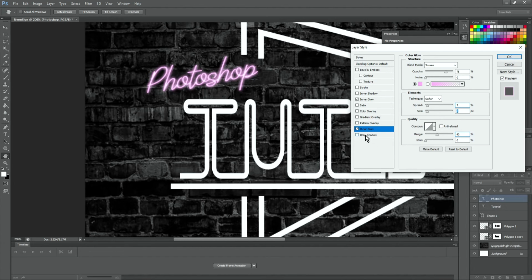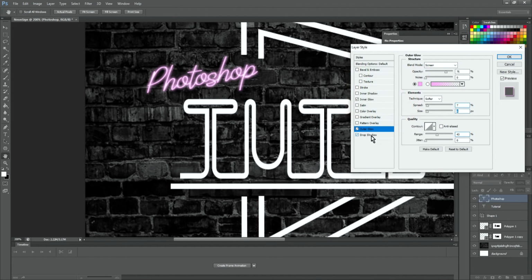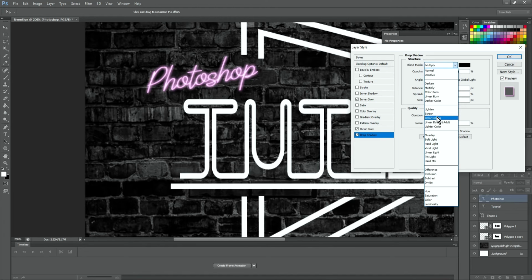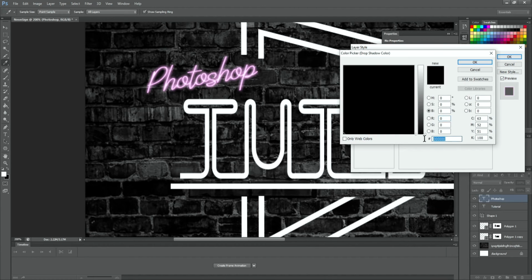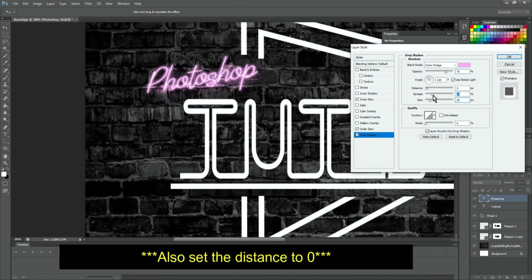So once you've done that, you can go over to drop shadow, and you can do one or two things. You can just have a basic shadow, so the shadow drops onto the texture or the background you have, or you can have it so the light reflects off of the background. And to do that, we'll go and change the blend mode to color dodge, paste our color code once again, and then we're gonna make the size and the spread